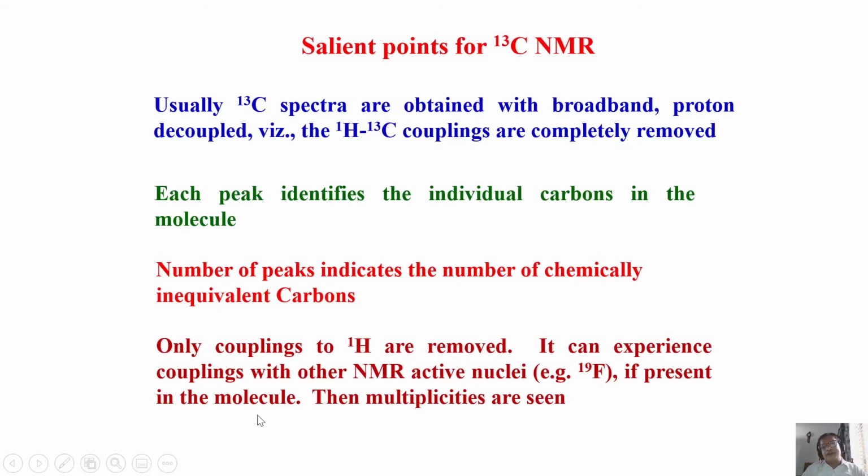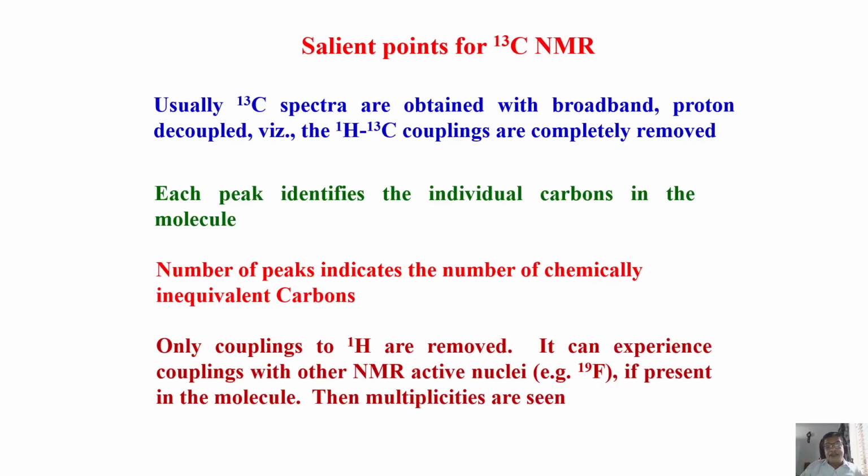So in a carbon 13 spectrum, you take a proton decoupled, broadband decoupled carbon 13 spectrum. If I have a molecule with 5 different carbons, you will get only 5 peaks. Very simple, one line each, no multiplicity. You get 5 lines. If I have a molecule with 10 carbons, and you take a proton decoupled carbon 13 spectrum, you get only 10 peaks. That's all. Easy to understand. No splitting effect. Analysis of the carbon spectrum is much easier than that of the proton.